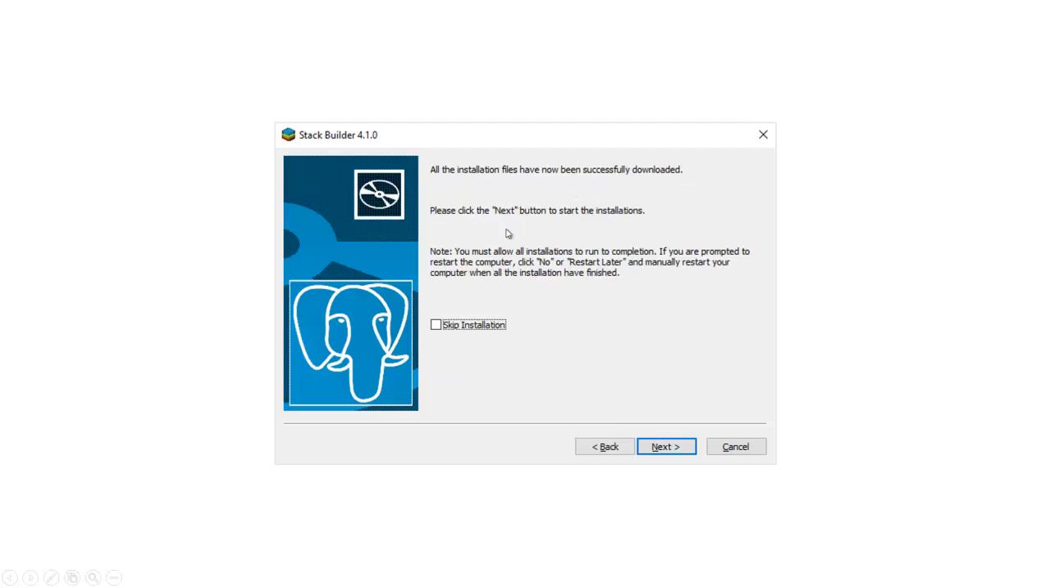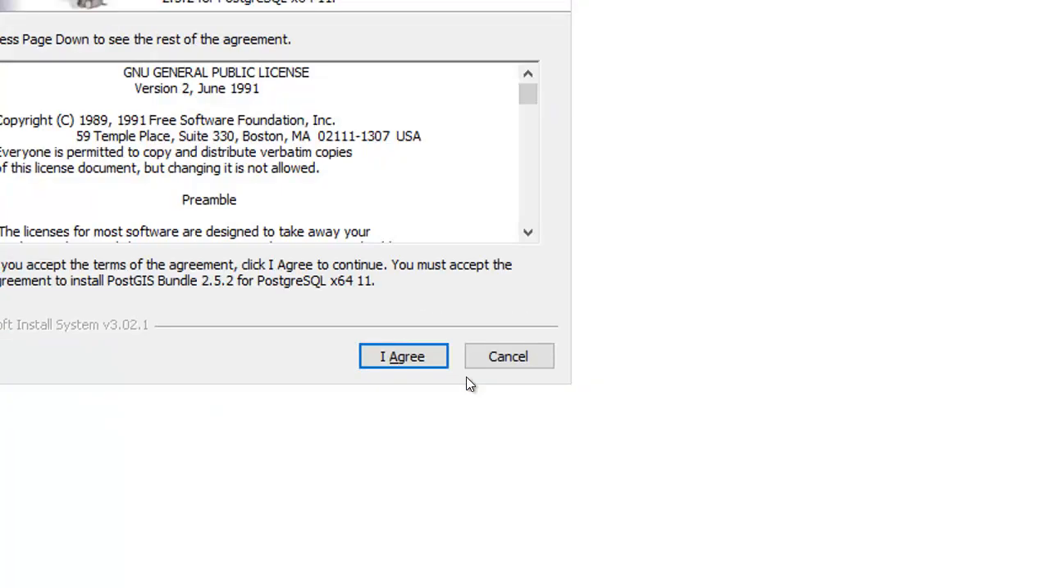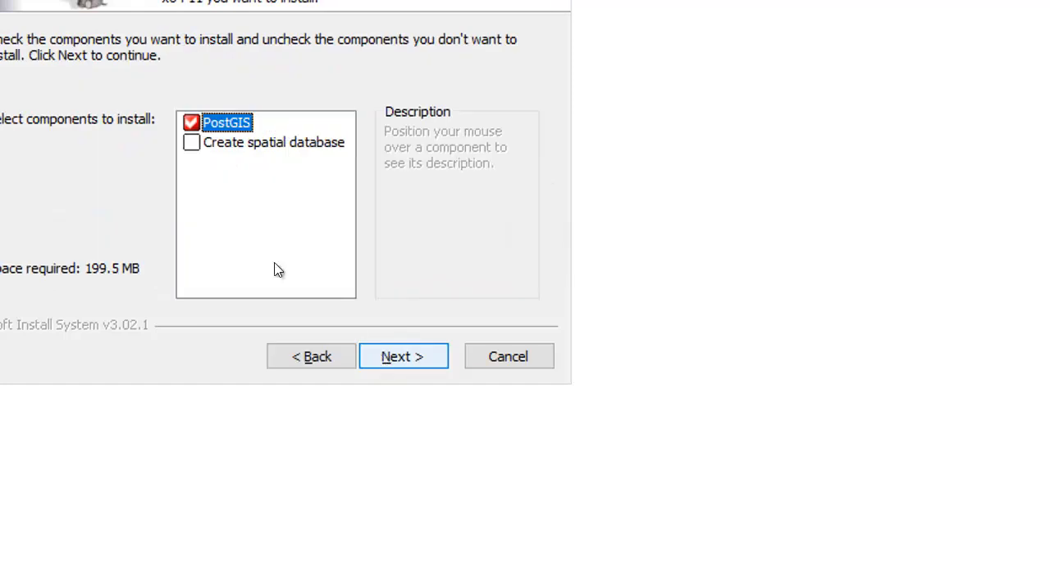So we're getting ready to now install it. When you click next, it's going to start the installation. And here we have a little license agreement that you'll agree to. You can scroll down and read through it to accept the terms. And it's going to ask us what we want to install. PostGIS. You can always create a sample spatial database. We're going to ignore that for now because we're going to create our own. Then we'll hit next